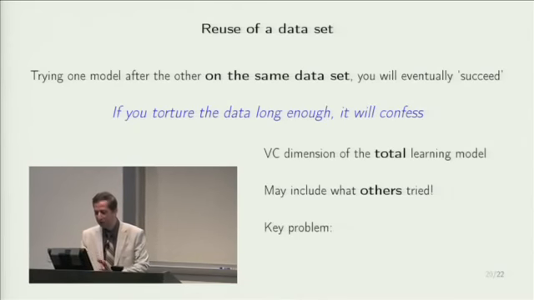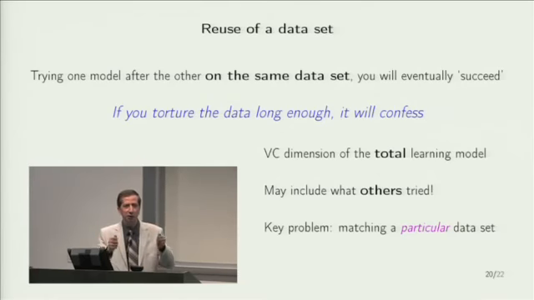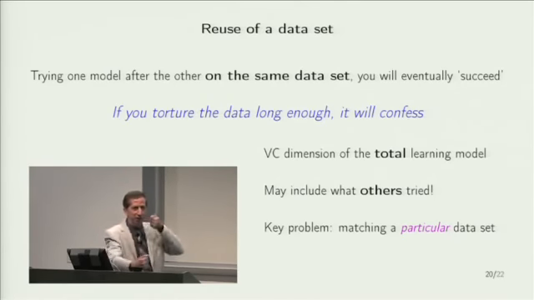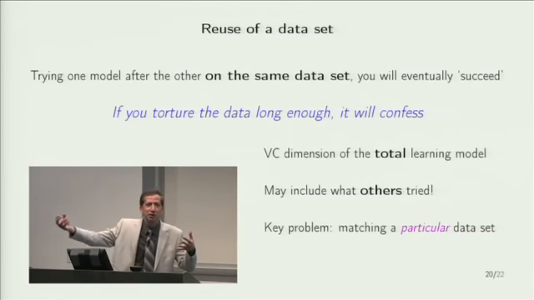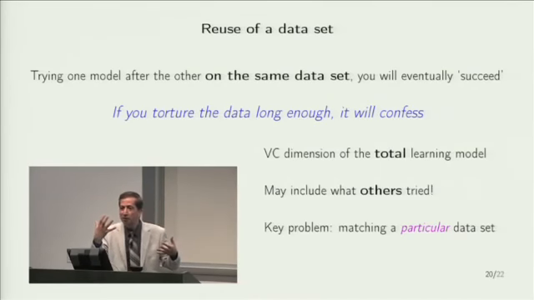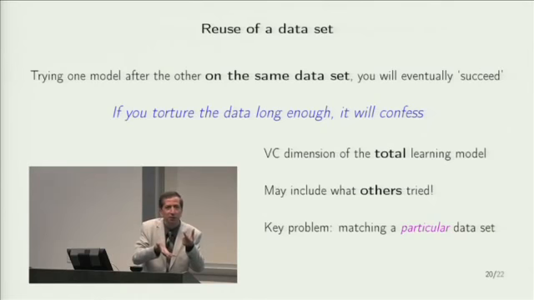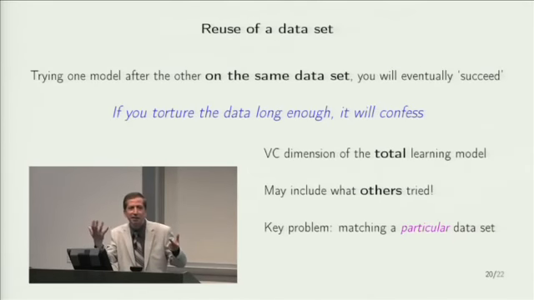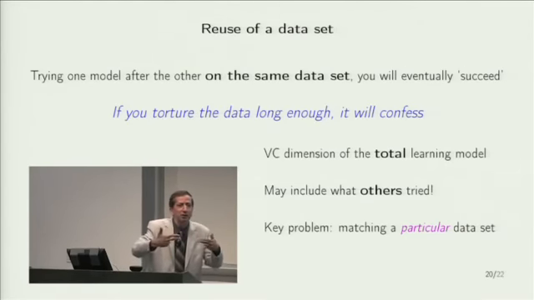And the key problem in all of those is always to remember that you are matching a particular data set too well, okay? You are now married to that data set. You keep trying things, etc., and after a while, you know exactly what to do with this data set. If someone comes and generates another data set from the same distribution, you look at it, it will look completely foreign to you. What happens? It used to be that whenever these 2 points are close, there is always a point in the same line far away. That's obviously an idiosyncrasy of the thing. Now you give me a data set that doesn't have that. That must be generated from a different distribution. No, it's generated from the same distribution. You just got too much into this data set to the level where you are starting to fit funny stuff,